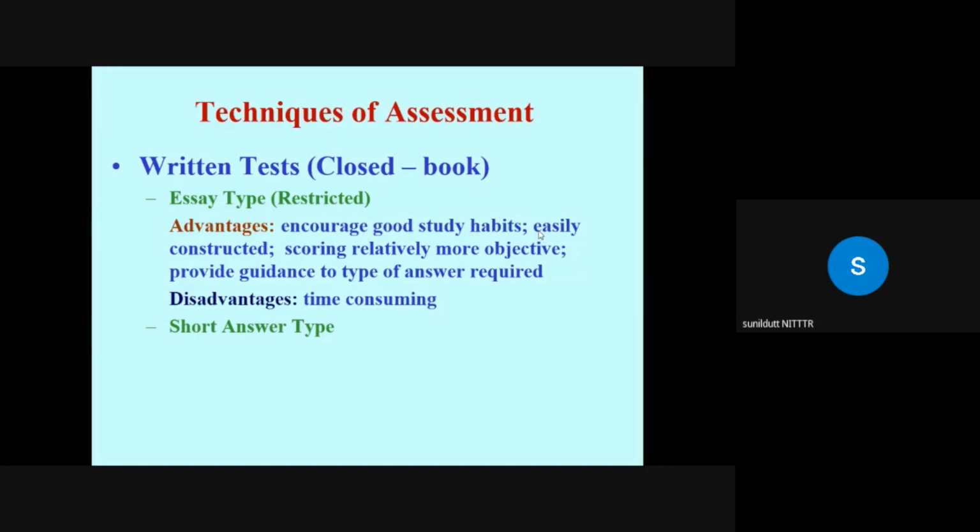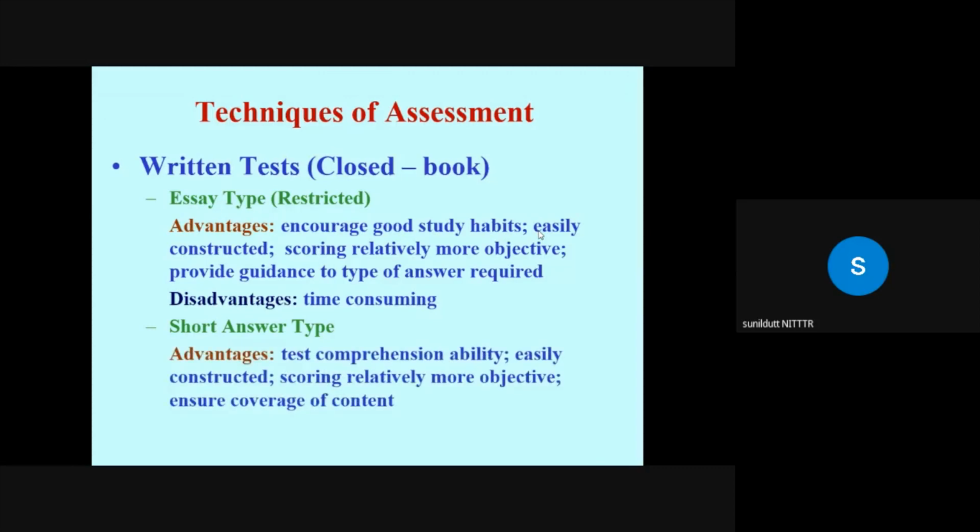Now short answer type test, it can be in the form of a short answer question. जैसे मैंने बोला, 8 is what percentage of 64? Name one sulfide ore of copper, and so on. So short answer, it can be in the form of fill in the blanks also. Okay, so these can be used to test the comprehension ability, not higher ability can be measured. This is the disadvantage. And easily constructed, scoring is relatively more objective, ensure more coverage of content, क्योंकि आप एक